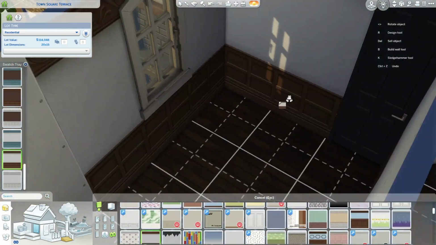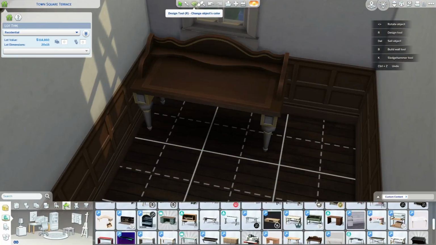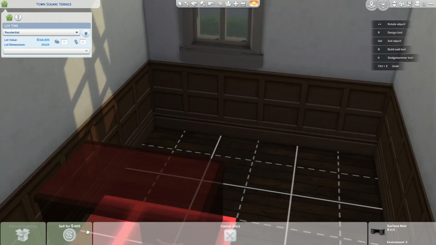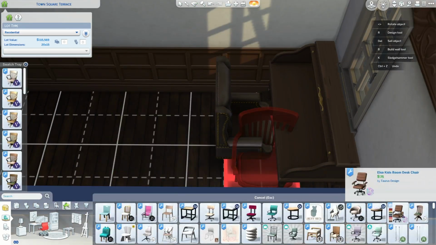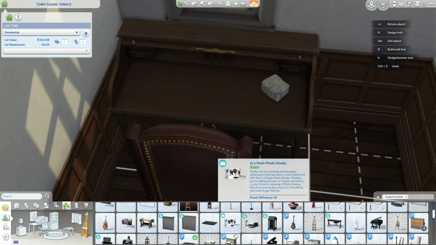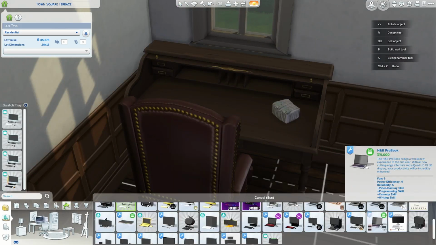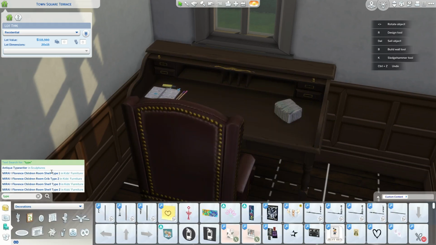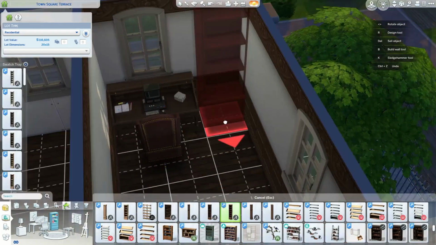This is going to be the office. And for the office, I was trying to find a typewriter, but the only thing that they had in here was a little case with a typewriter in it for display. So that wasn't really fun. I wish the game actually had an actual typewriter. That would have been amazing. So I ended up just putting this antique computer. Yeah, I'm not sure when computers were invented, so